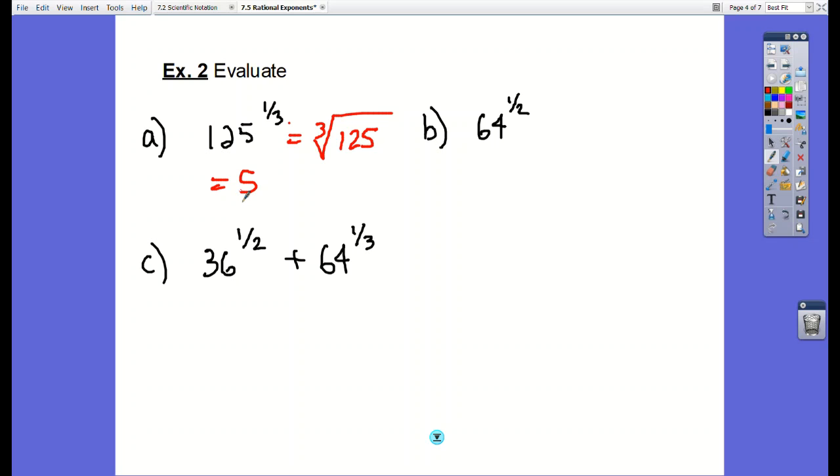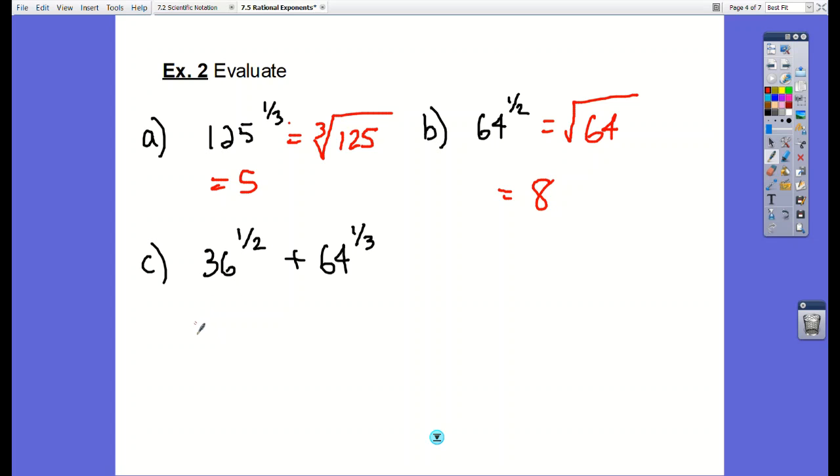All right. Jacob, can you rewrite 64 to the 1/2 for us? Well, in this case, you can just say it's the 2nd root of 64. But if you think about the 2nd root, what's another word for that? It's a square root, right? So when it's a 2, we actually don't even write it, but it means the same thing. And then, Noah, what is the square root of 64? 8. All right,